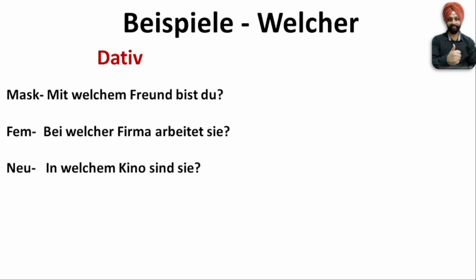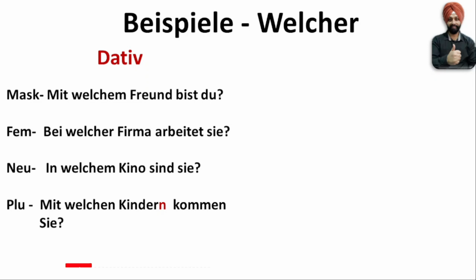Next example, neutral oder Neutrum: In welchem Kino sind Sie? And in plural: Mit welchen Kindern kommen Sie? Please make a note here, in the plural example, after Kinder I have put an extra n. So this is the reason I told you earlier, in plural case we have to put an extra n after the noun. So these are the dative examples in all the genders, masculine, feminine, neutral and plural,